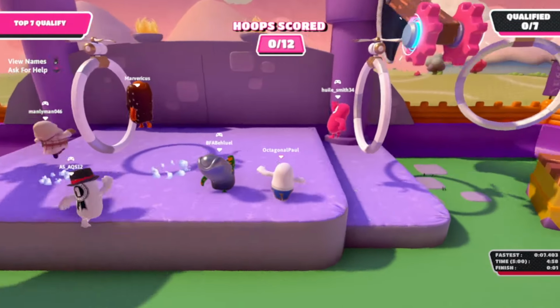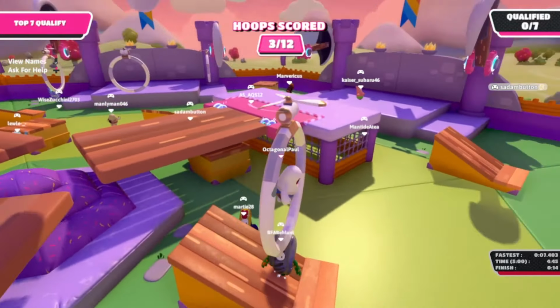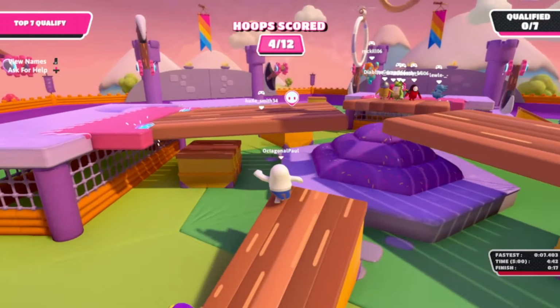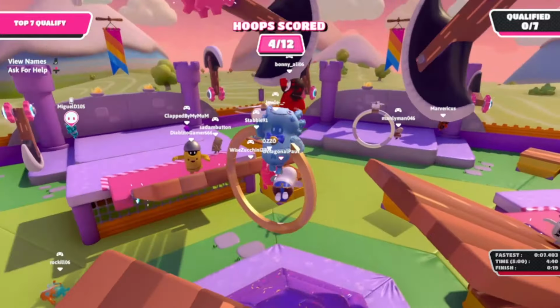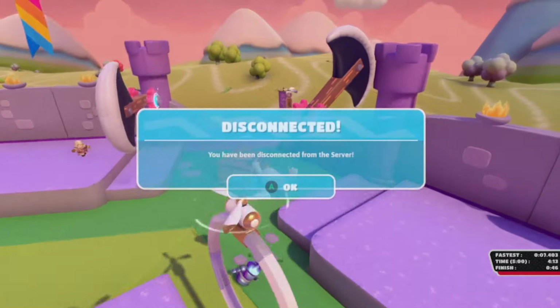It's time for Hoopsie Legends. Now, I see a lot of people wasting a lot of time just waiting for a gold hoop in the middle. Obviously, they're very highly contested. They do mean you can qualify pretty quick. Oh, we actually got that one. But it's not worth hanging about for. One more, thank you very...